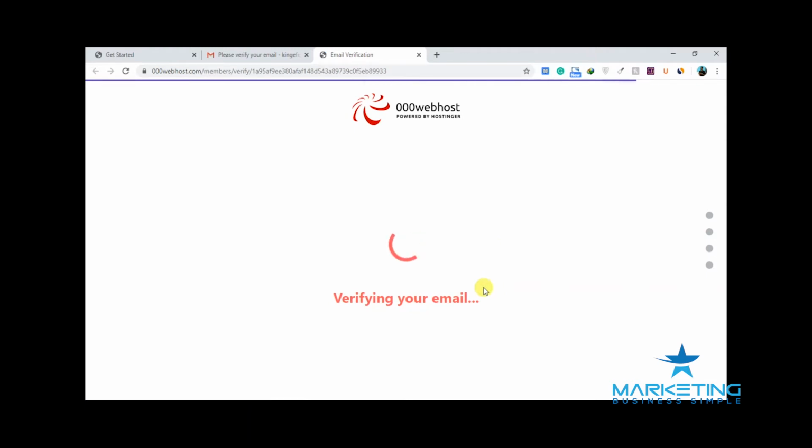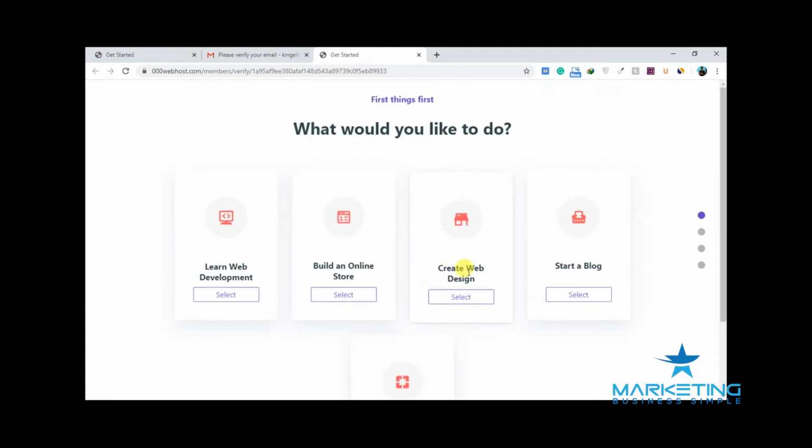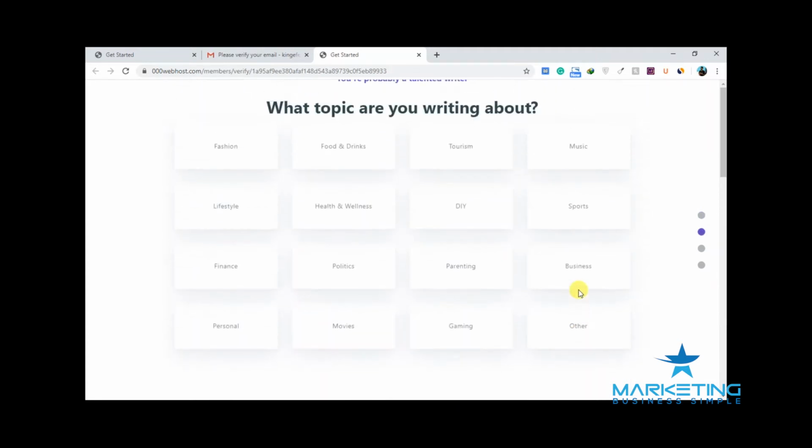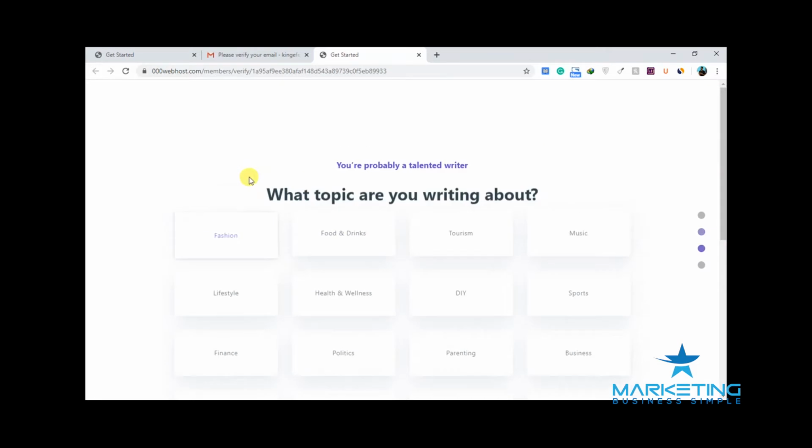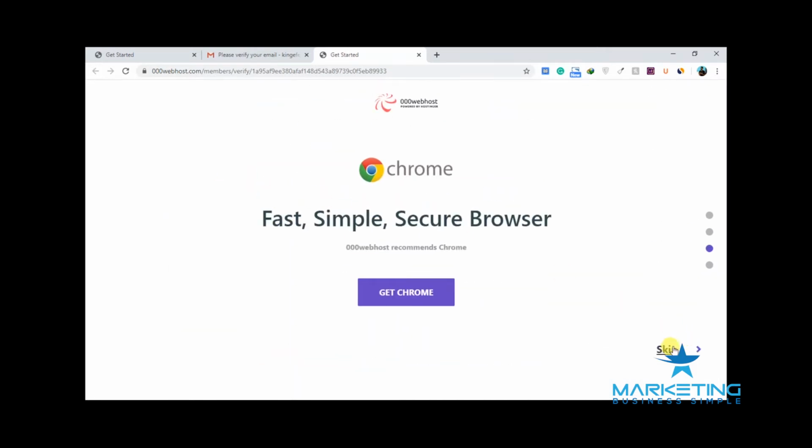It's very straightforward and very simple. So you click on get started here and you select start a blog. So you click this and you have to select a niche. This doesn't really reflect the niche of your website, so you can just go ahead and choose anything. Then you can also skip this,